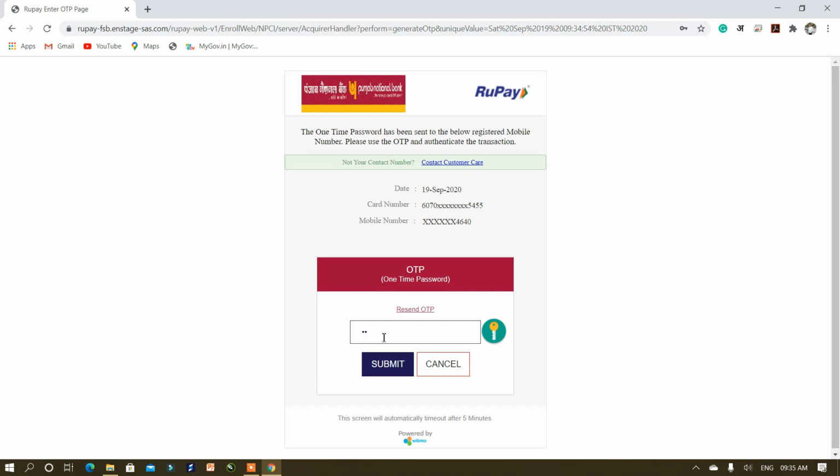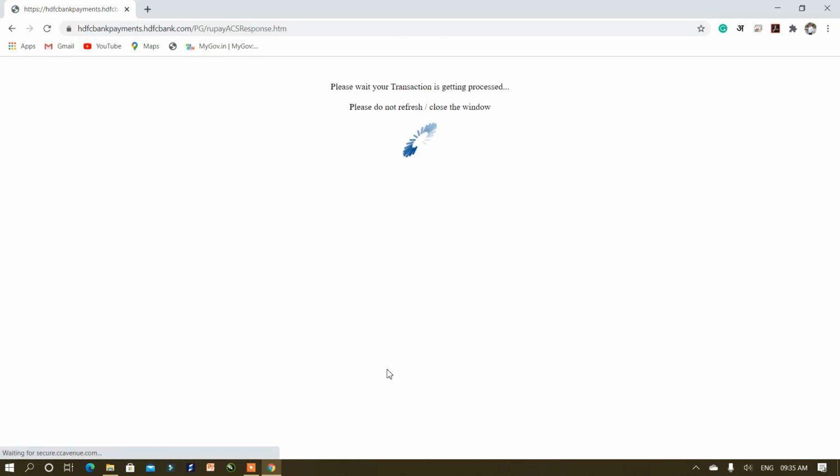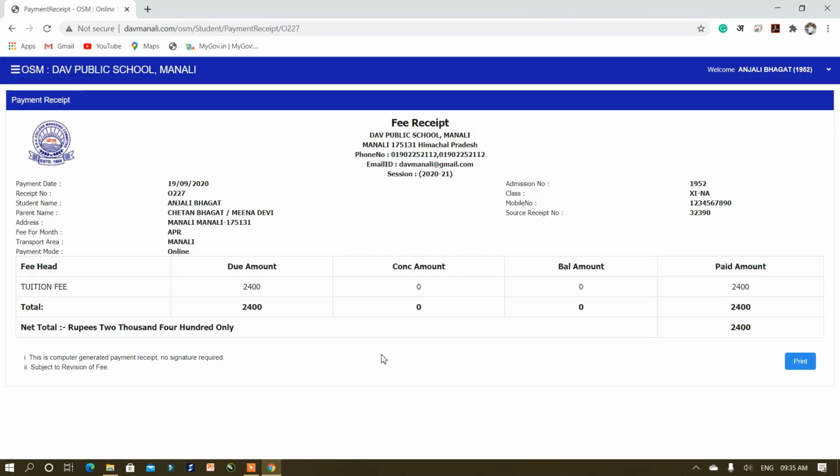Enter OTP number and click on submit. After that, you'll get fee receipt on your screen. It shows that your payment is done. Now you can take either screenshot or print it for future use.